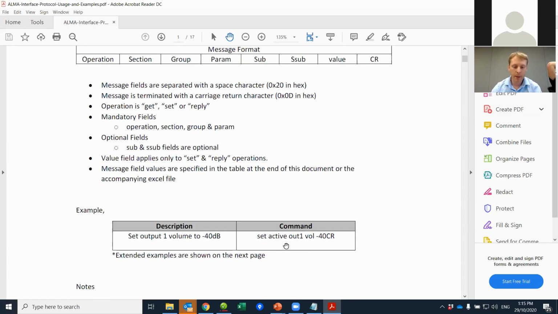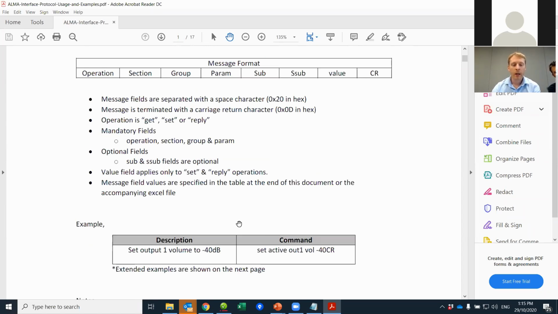But it's all text-based commands. So this is a typical example of how you would set the volume. You're sending it to the IP address and port number that Jesse described before in the configuration pages. And you would send a simple text command that would go set active output 1 volume to -40 and end it with a carriage return. So that, as the description says here, is setting the output 1 to volume of -40. So it's a very, very simple protocol that we've implemented here, human readable,